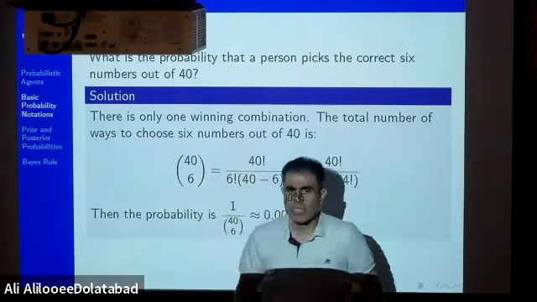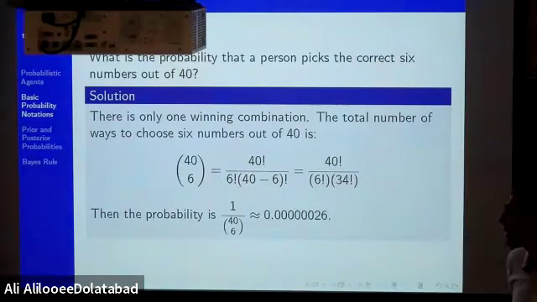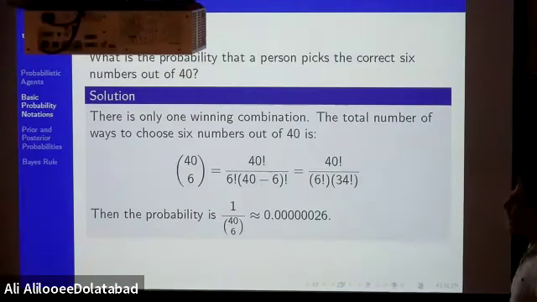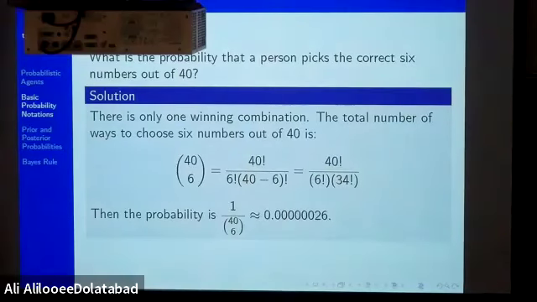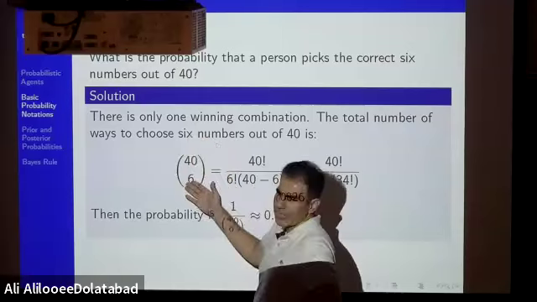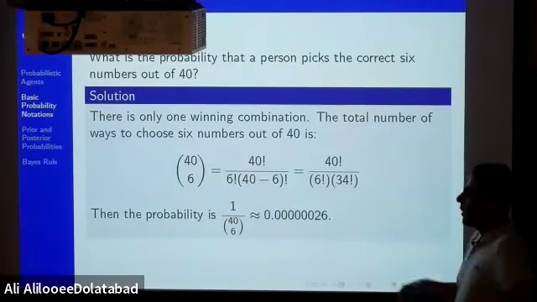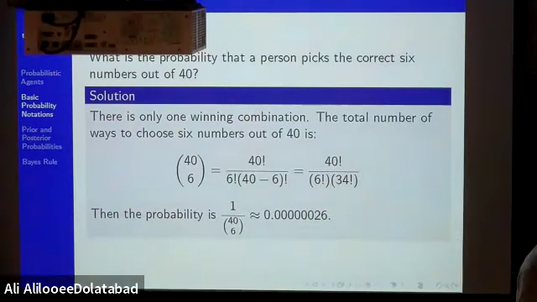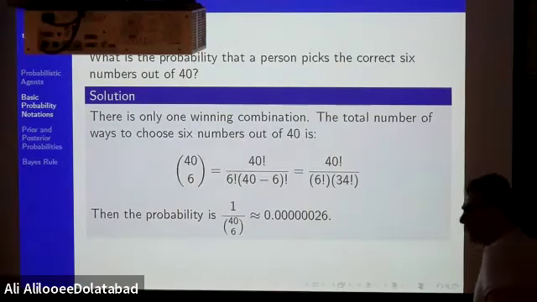See, I have 40 numbers and I want to choose 6 out of them. Here we have 6 numbers, and we have 40 numbers. I want to choose 6 numbers among these numbers. So there is a formula, this notation, sometimes people write C(40,6), sometimes people use this notation. In statistics this notation is called combination. What this notation means